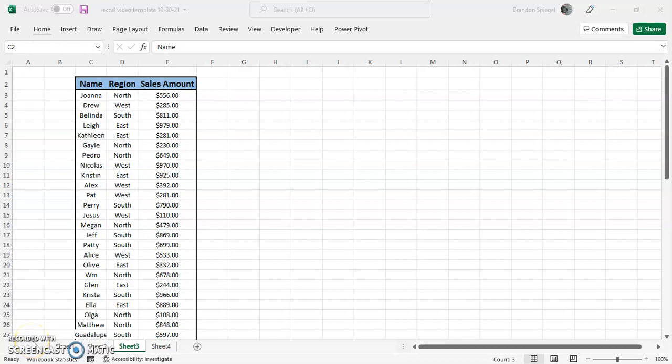What's going on, YouTube? In this tutorial, I just wanted to show you how you can insert a pivot table. So to do this, first you have to make the data that you want to make into a pivot table a formal Excel table. To do this, you highlight the data that you want to make into a pivot table,